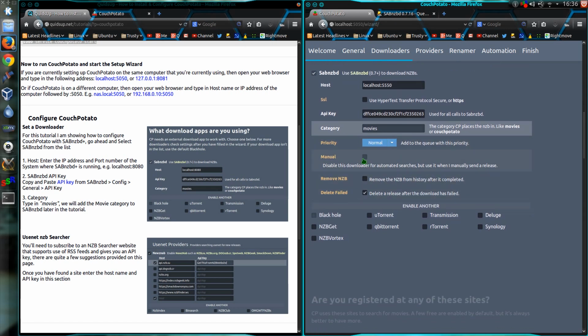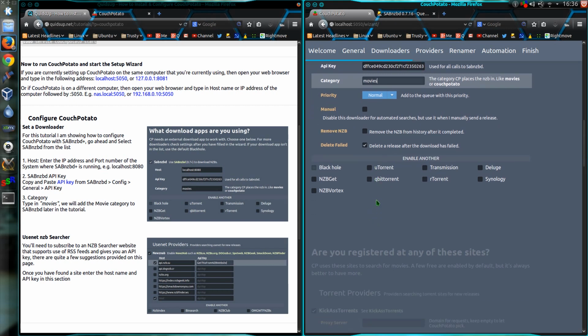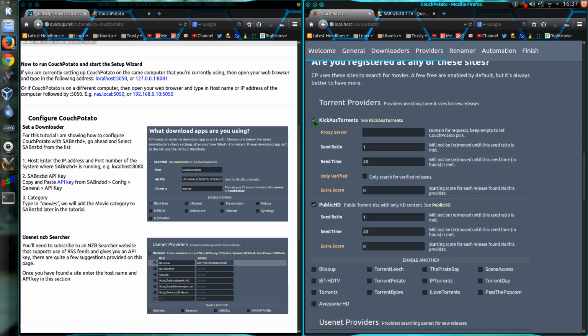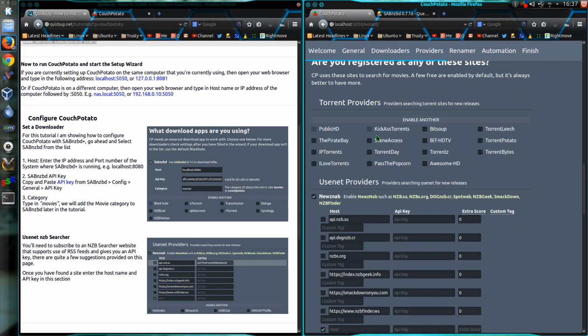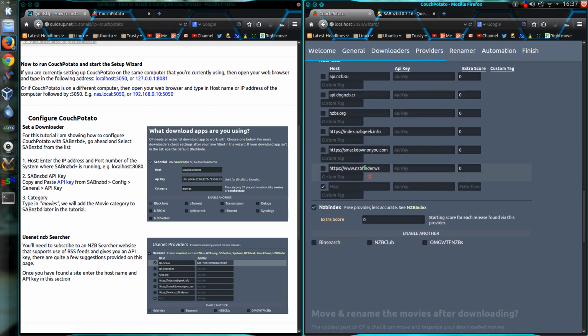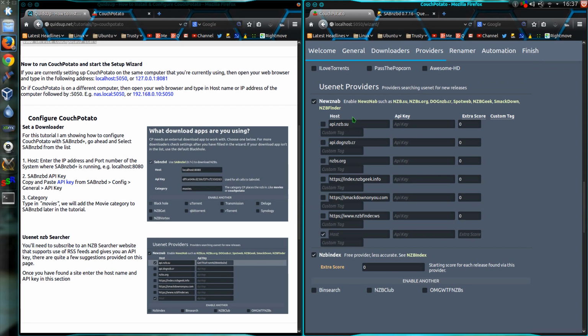Priority, normal, don't need anything there. So that's it. We're not using the torrent provider, not using Public HD. I am using a Newznab provider, and the one I'm using is